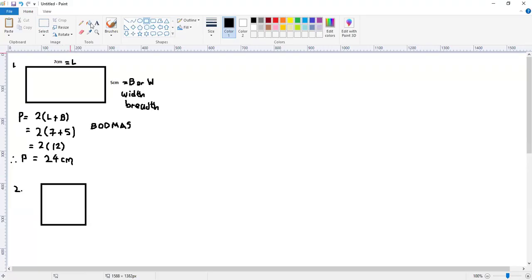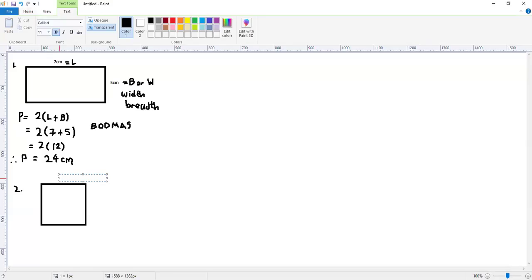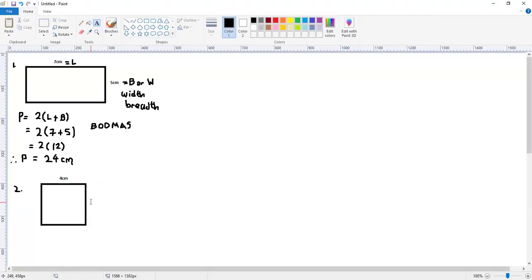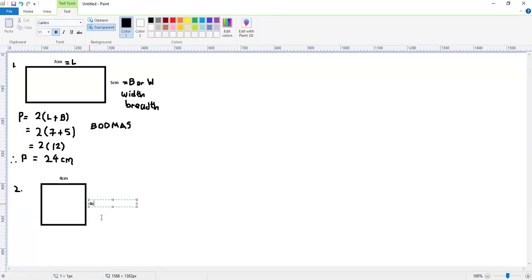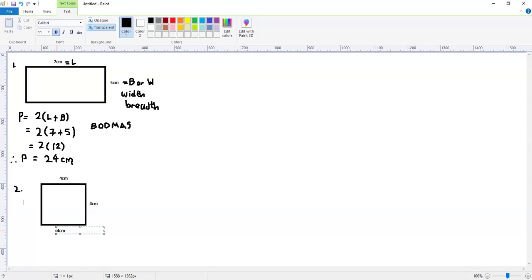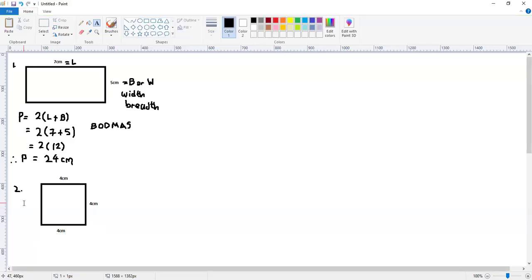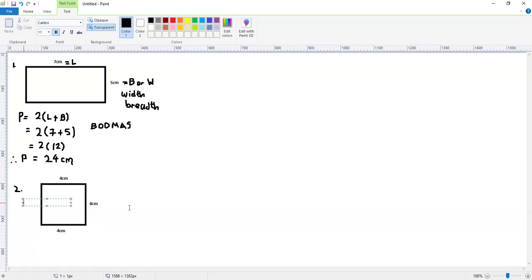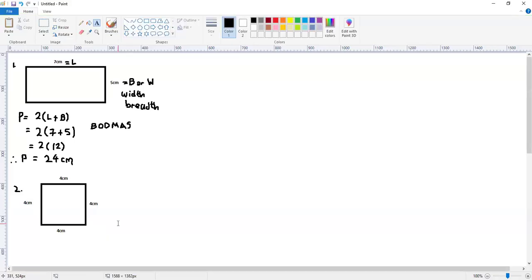So let's give our square a size. What size should we give it? Let's say this is 4 cm. Of course, if it's a square, then all the sides should be equal, isn't it? 4 cm, 4 cm, 4 cm. Let me do the last one, 4 cm. So there you go. All the sides are equal. Now, for a square,